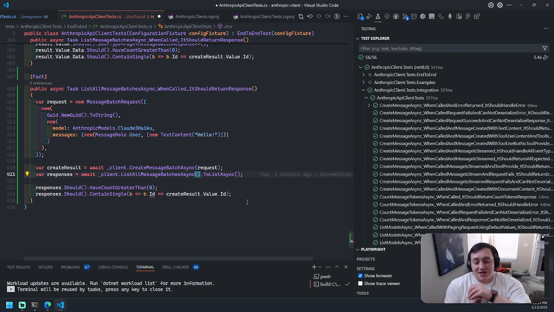The end-to-end tests are against a live endpoint. Anthropic only keeps batches for 29 days. So when this test runs, I don't actually know that there are going to be multiple batches. I think right now there are, because I've been working on this and testing so much. There are quite a few batch results out there that haven't expired or been archived yet. So I think what I actually want to do is create 2 batch requests as part of this